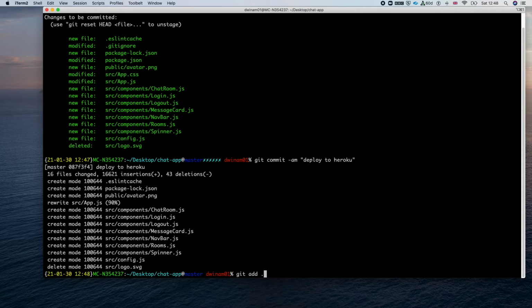And second step, you need to add the commit message, which will be git commit -am. Then your message will be inside the double or single quotes, and then hit enter. And after that, the next step, we just need to deploy to Heroku. So you need to do git push heroku